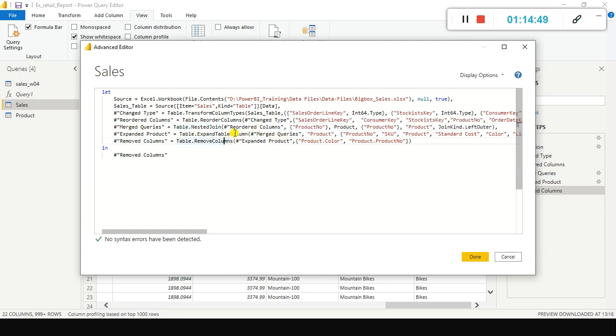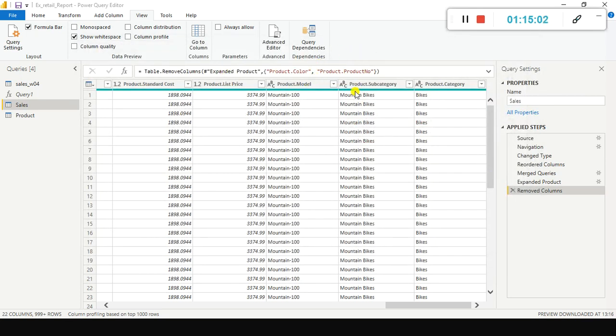After expanding that, I removed certain product number, I removed it, product color also removed it, right? So that's all. Just try to be familiar with some commands also, just literally learning point and click, right? Learn some commands, it is always good. That is what they'll expect as part of the interview also.